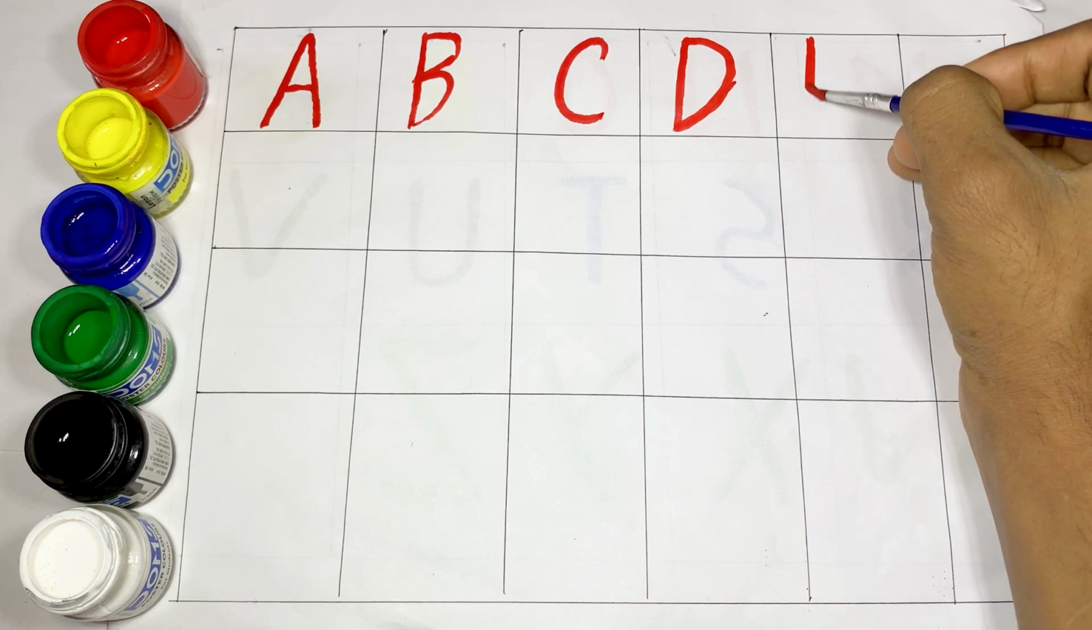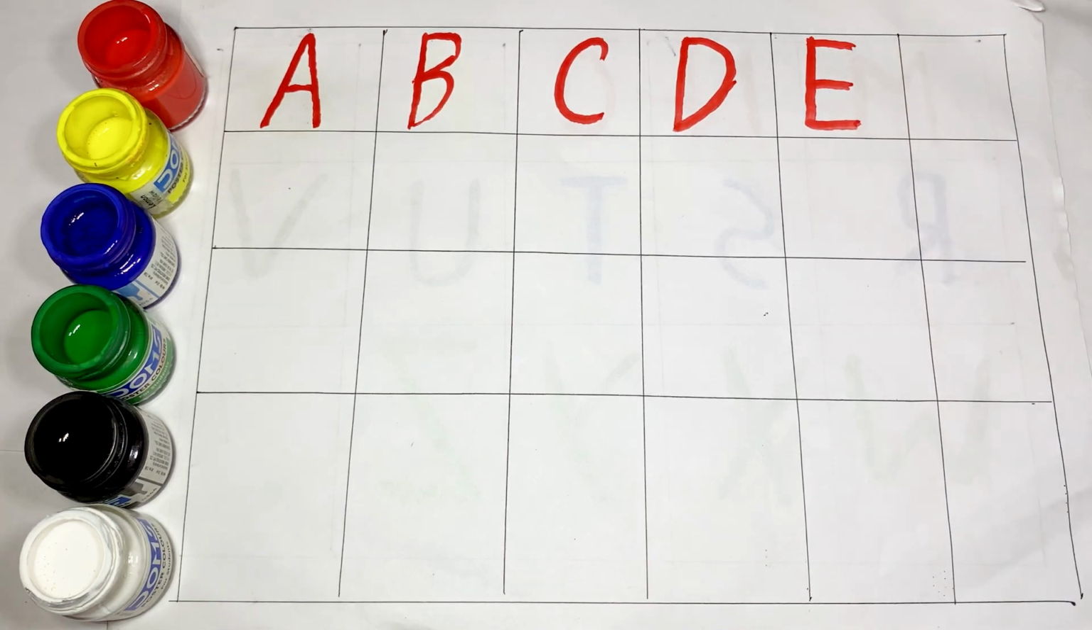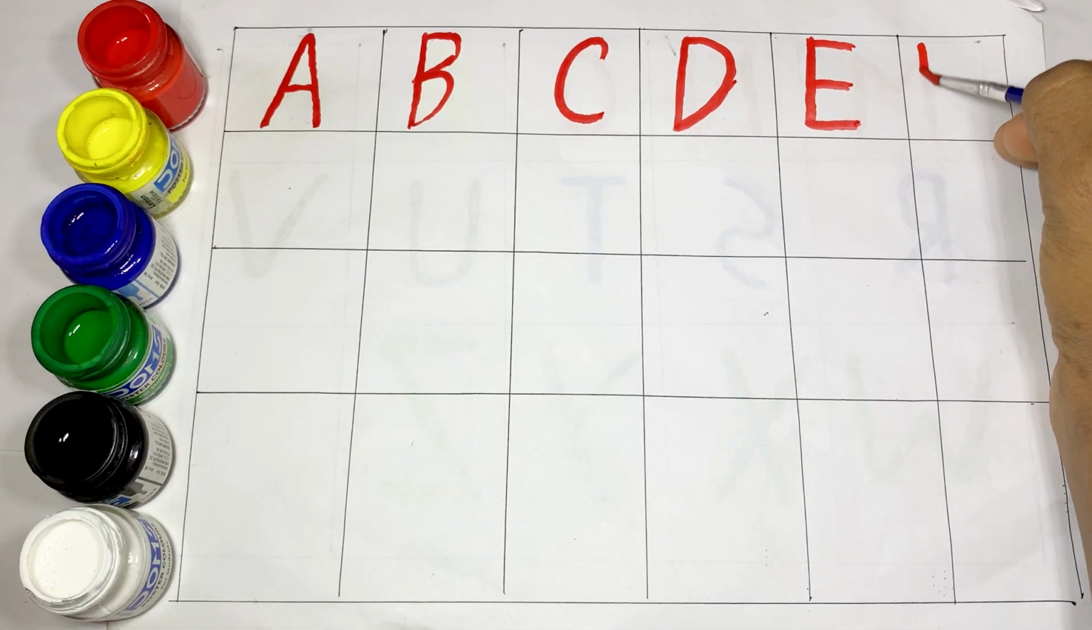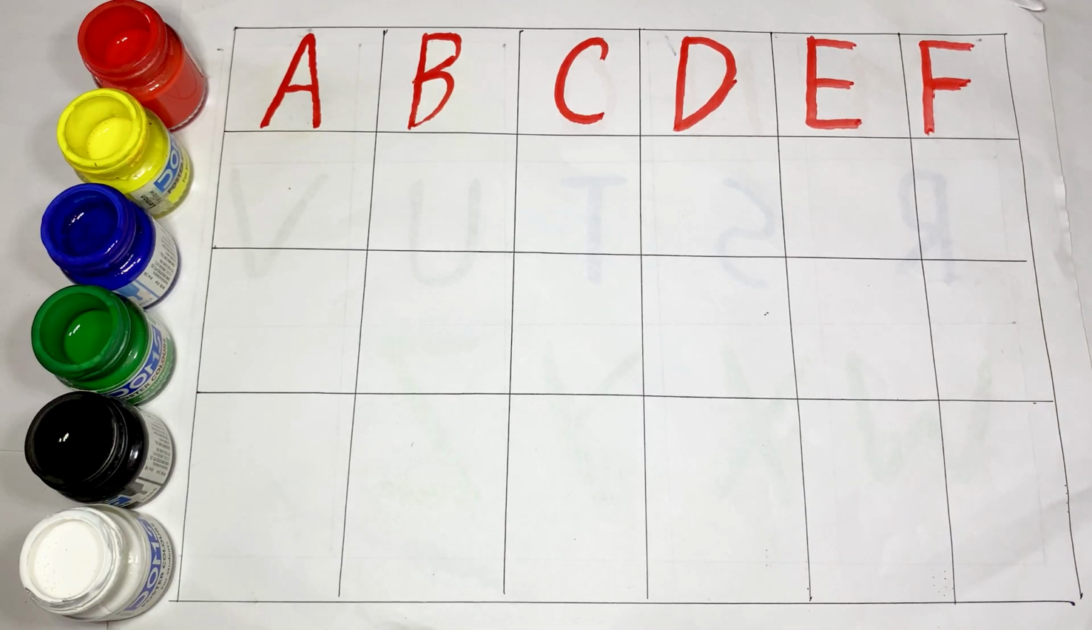E for egg, E for elephant. F for fish, F for fan. The alphabets of F. Next G